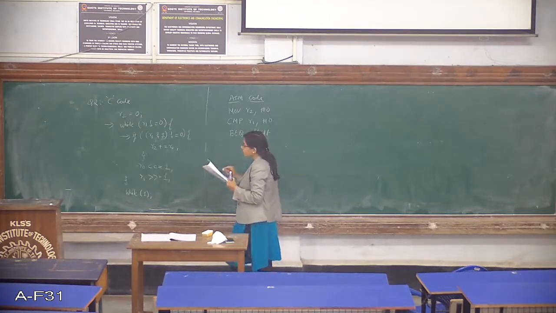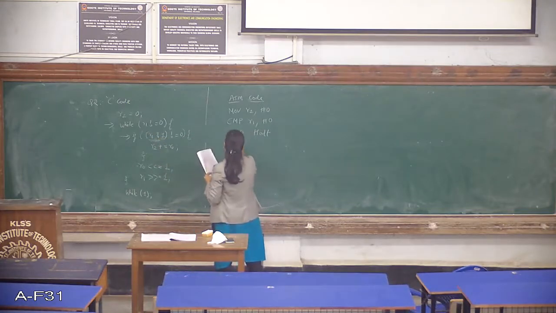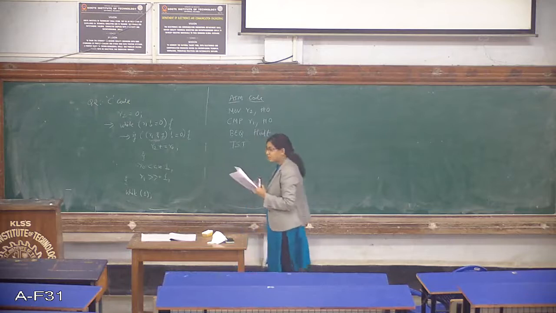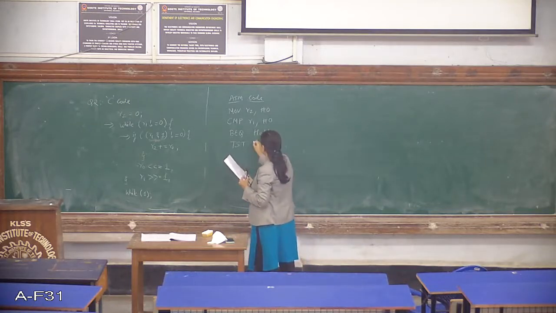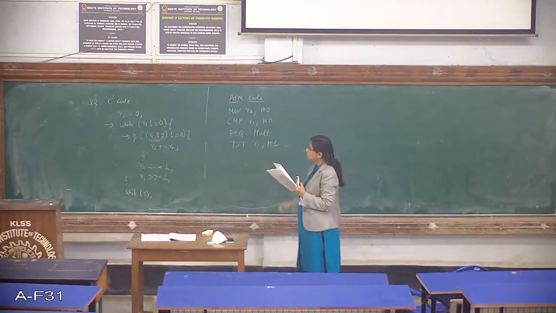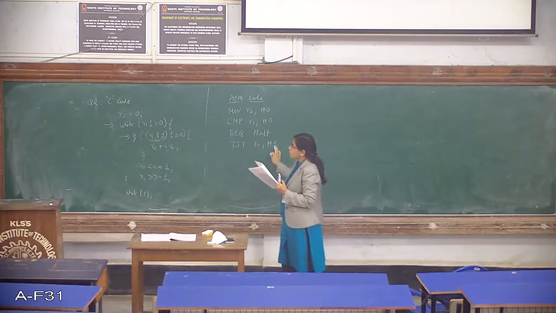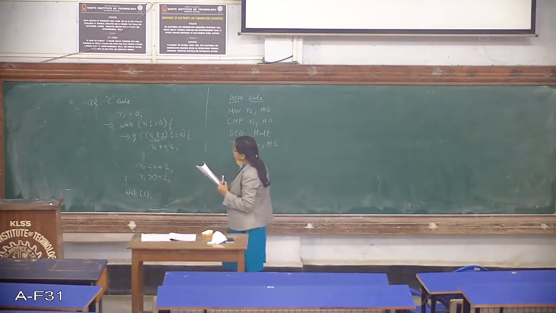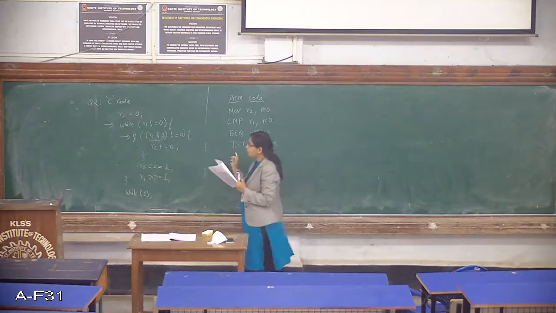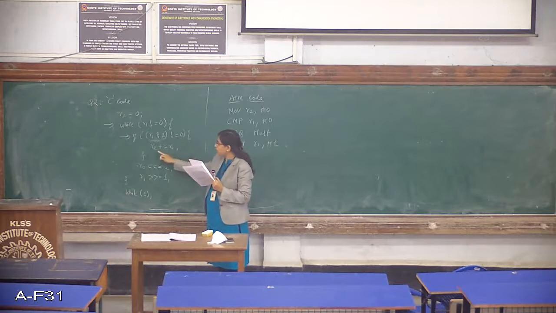So what will you be doing first? You will be performing the AND operation first. So what will you be using here? Like the previous, we are using TST. Here TST R1 comma hash 1. So this is performing the AND operation, discarding the result. Coming to the next, you are comparing whatever result you have got with the value 0. So if it is not equal, you will be executing what?